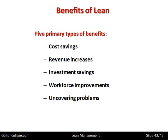And those are the benefits of lean production, or some of the benefits of lean production, which have been identified in the literature. So in this class we've talked about different aspects of lean management and different approaches to it and some of the issues. And that's all I'm going to deal with in this session, so I'm going to leave it at that